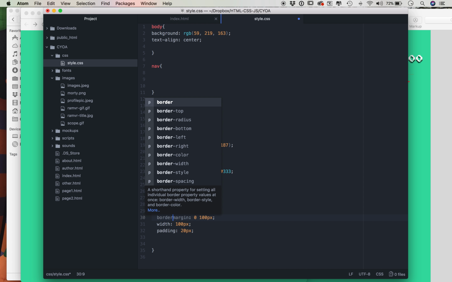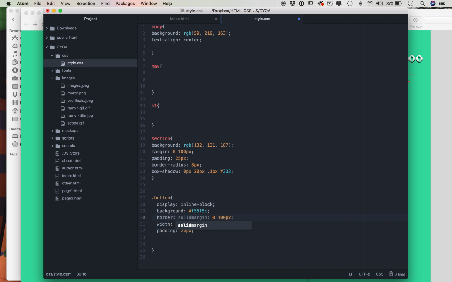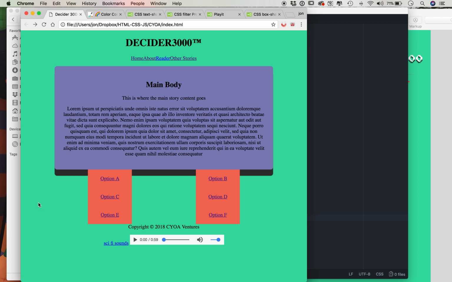Or just a border? Solid black. And we need a pixel value. And we'll save that and refresh it. There we go. So you can see the